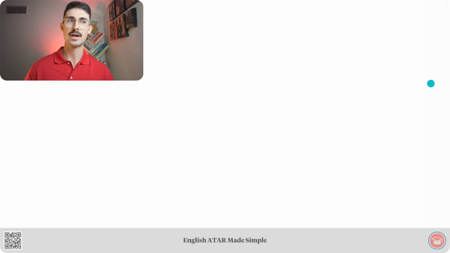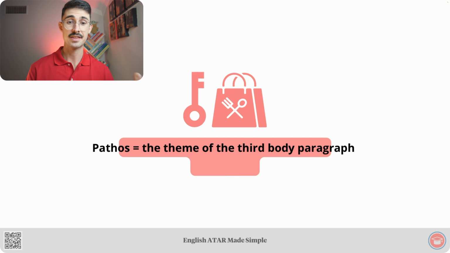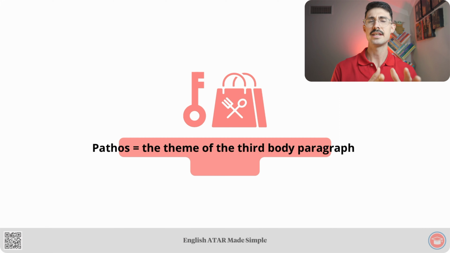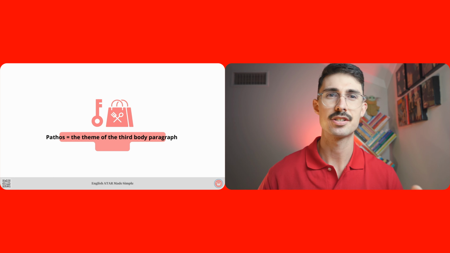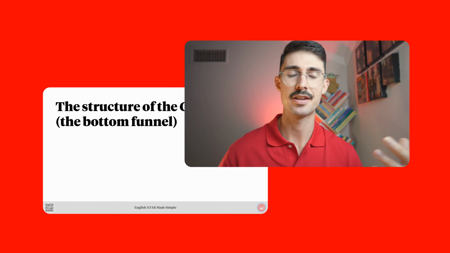Here is a key takeaway in relation to this third body paragraph of your persuasive speech. The theme is pathos. Pathos is the category of rhetoric that involves the speaker appealing to the values or emotions of the audience. Turning to the final aspect of this structure for a persuasive speech, we've got the bottom funnel,